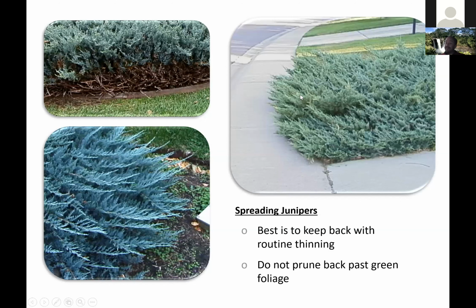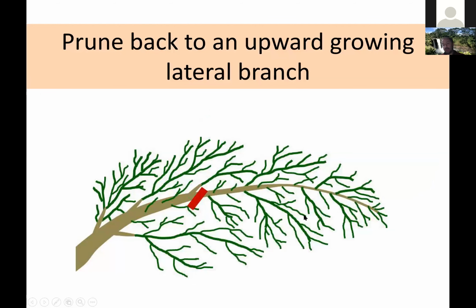And ideally, you're starting that before it outgrows itself. So you'll start trying to prune it back with targeted cuts before it outgrows the space. You'll do it preemptively, and it's going to look a lot better. So again, when you make those targeted cuts, you follow the stem back to an upward growing lateral branch, and that's where you make the cut. And the idea is that this branch now takes over and grows and arches down and hides the cut you are making, so you don't get that hollow or patchy look.